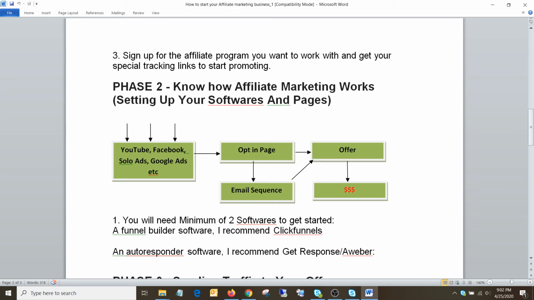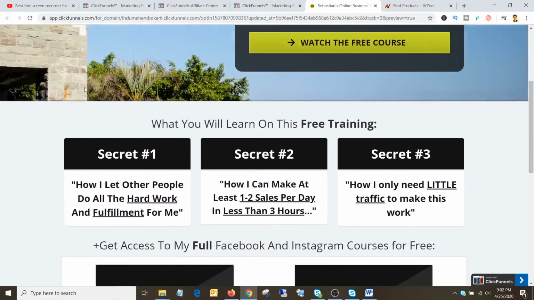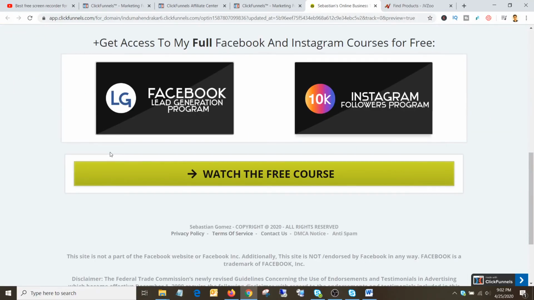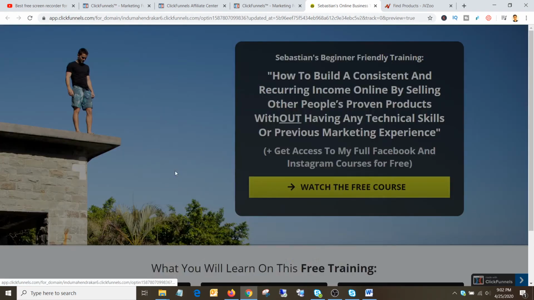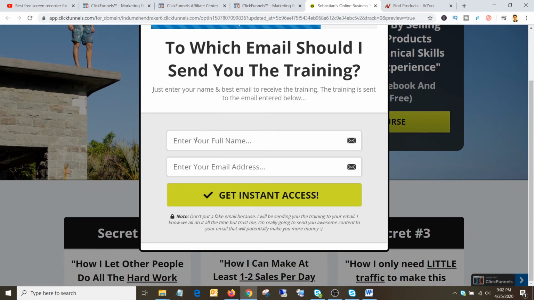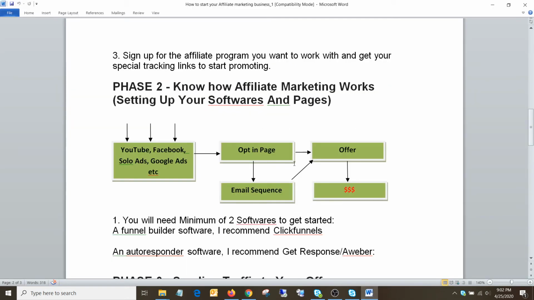to your opt-in page. Okay, I'll explain what is opt-in page. Opt-in page is basically, for an example, here, this is one of the opt-in pages I use. So an opt-in page is where you collect someone's email address, phone number, or other details. Okay, so this is built on ClickFunnels. You just collect some of the emails, and through an autoresponder you keep on sending them emails, and once they opt in, then you take them to the offer page.